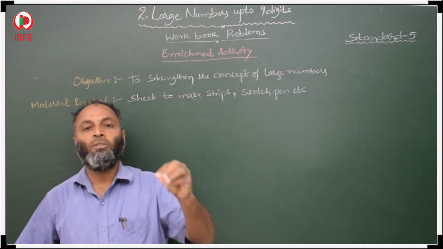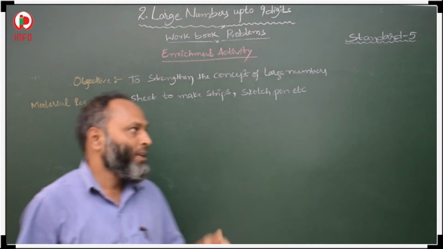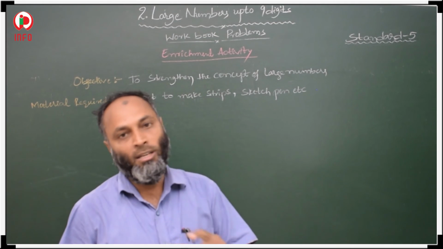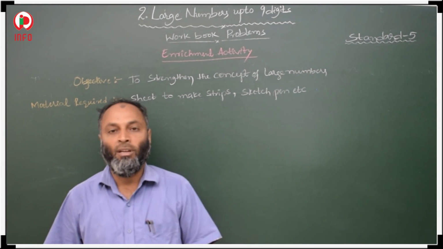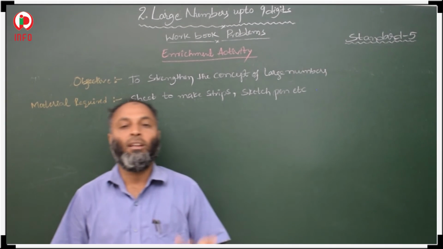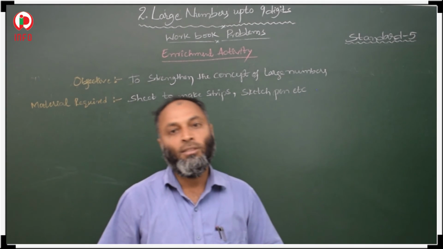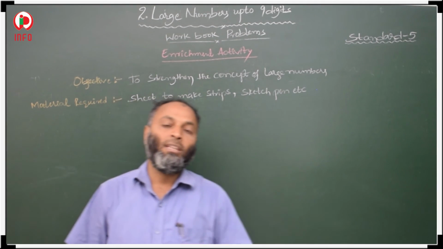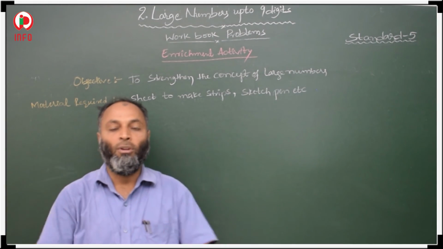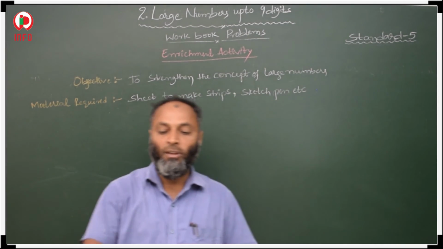In your class, suppose 20, 30, 40, whatever your class strength is, for all the students, take one strip and prepare it. With your sketch pen, write numbers on them. Write a larger number, either an 8-digit number or a 9-digit number. Some of the students write the number in numerals, and some of the students write the number name in words. So prepare strips, 40, 50, whatever the strength of your class is, and keep them in one ball. After that, one by one, come and take out one strip from that ball.